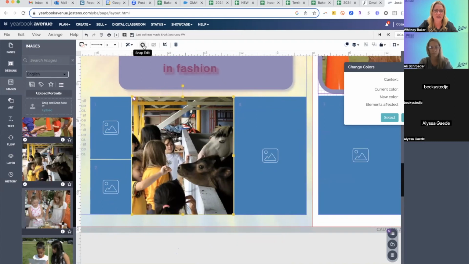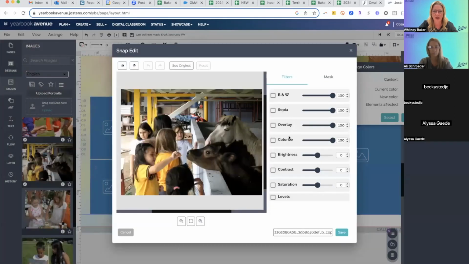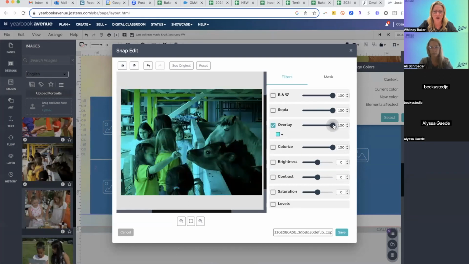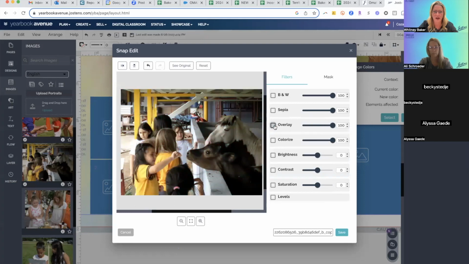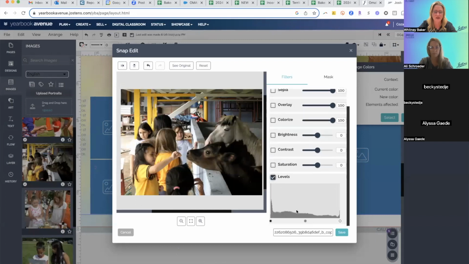If I click on Snap Edit, it will pull up all my editing options where I can make it black and white, or I can give it a color overlay, or I can adjust the brightness and contrast here. And I was saying earlier, the way that I like to do it, and the simplest way, because it adjusts the brightness and the contrast for you, is just by using levels. So when I click on levels,